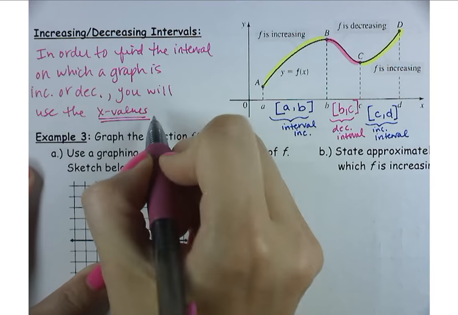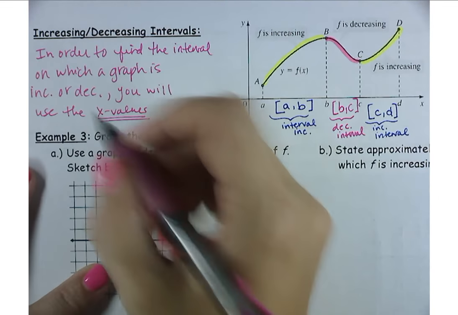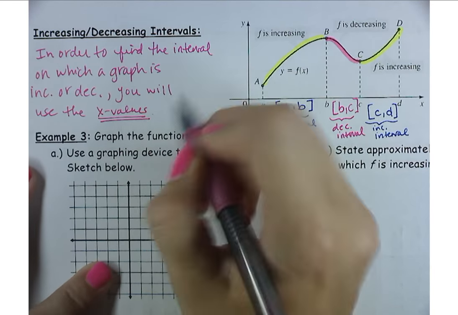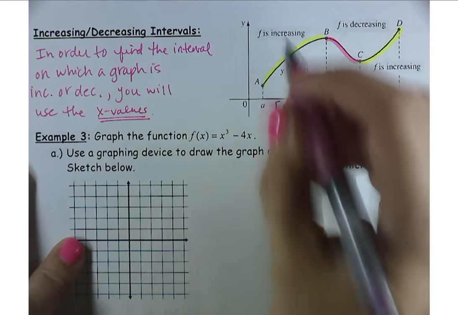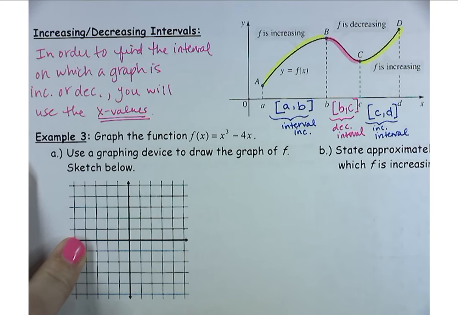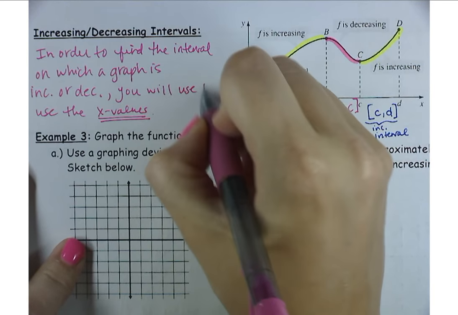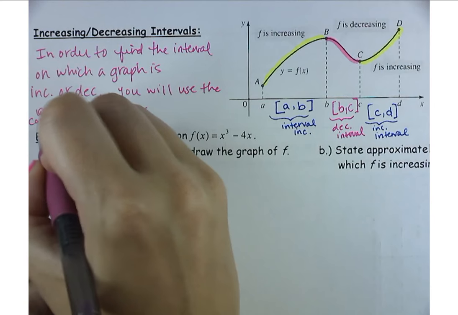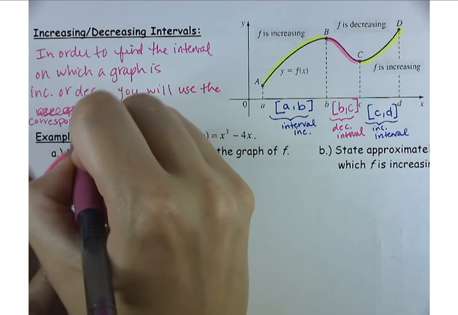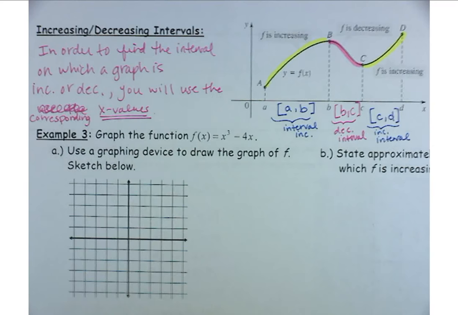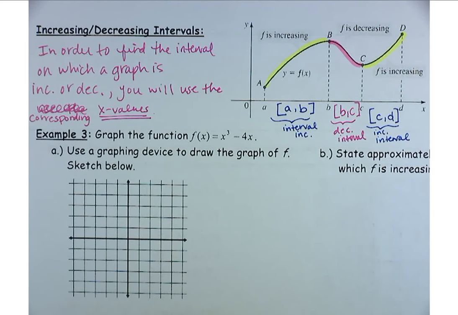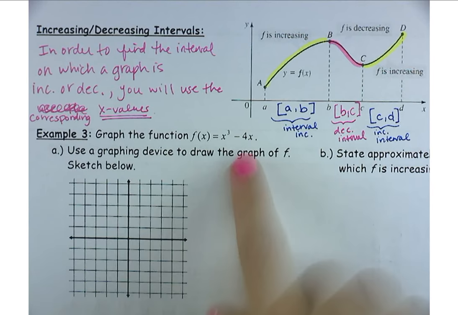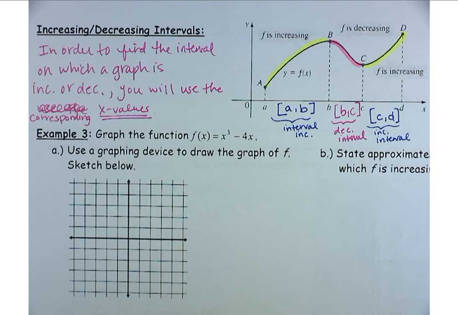Really I should have said the corresponding x values. So in order to find the interval in which a graph is increasing or decreasing, you will use the corresponding x values. So for example 3, when we're told to graph the function,